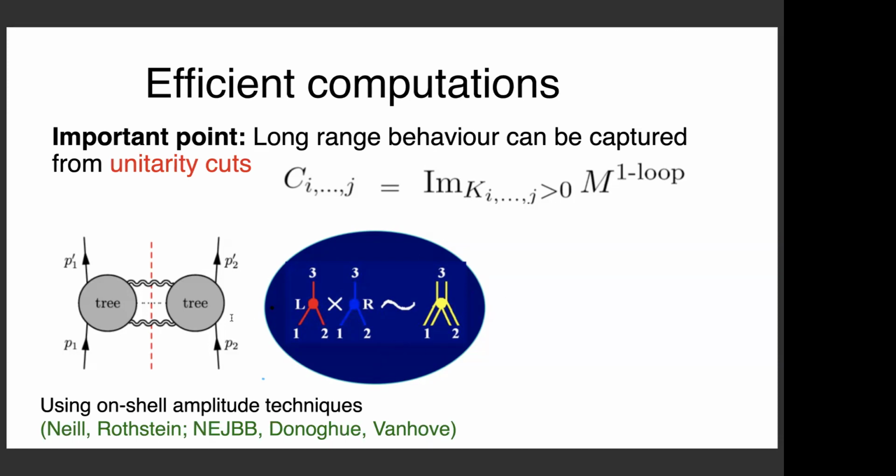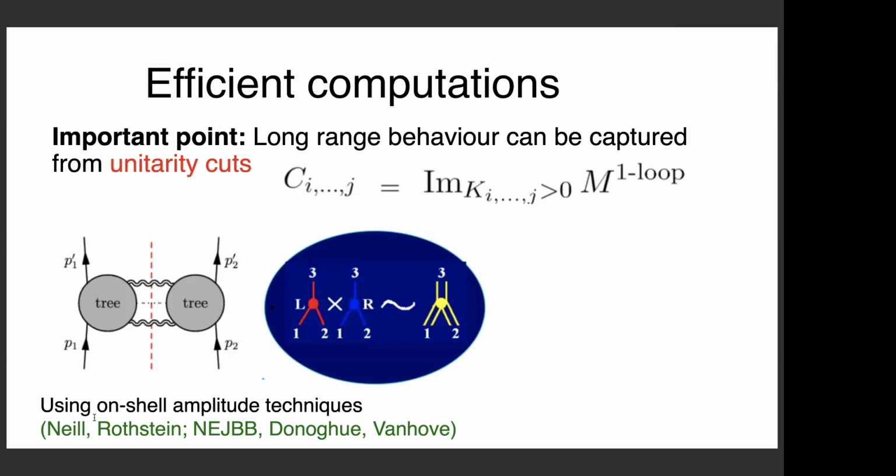So I will explain a bit better, but the main way we use this is, for instance, if you want to compute a given loop amplitude, to compute some tree amplitudes which don't have loops, and to make a cut of, say here, graviton lines, and to use the fact that when we do the cut, we can put all these lines on shell, but the loop integral that is left, even when it's cut, still tells us a lot about the full amplitude, and we can use that to produce results.